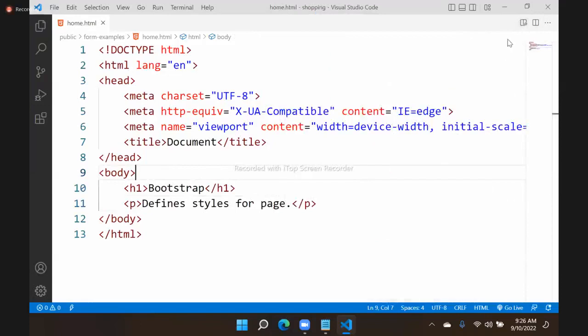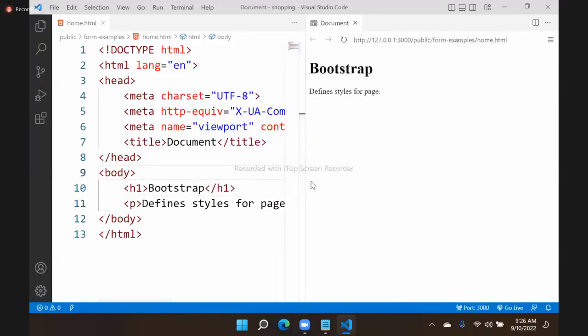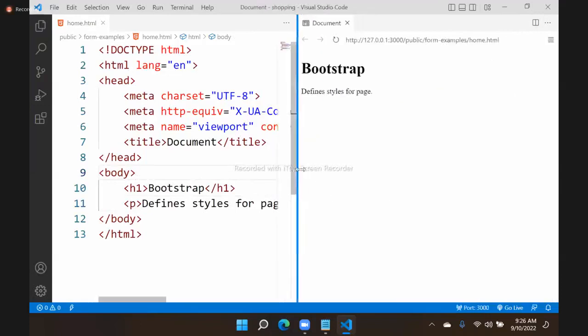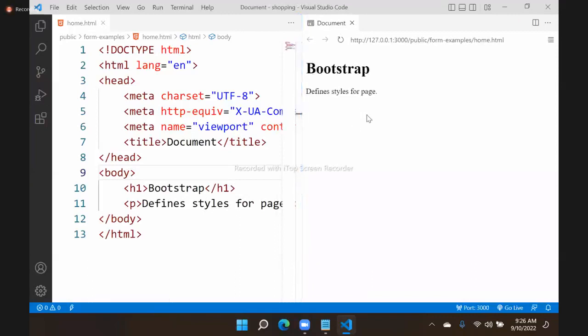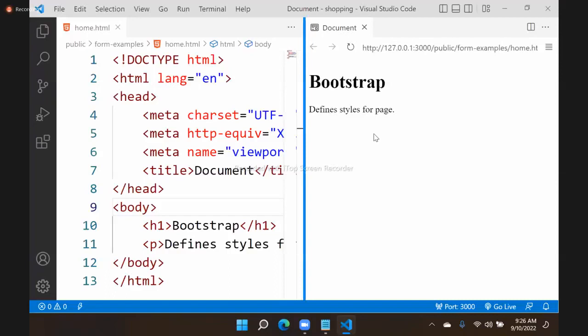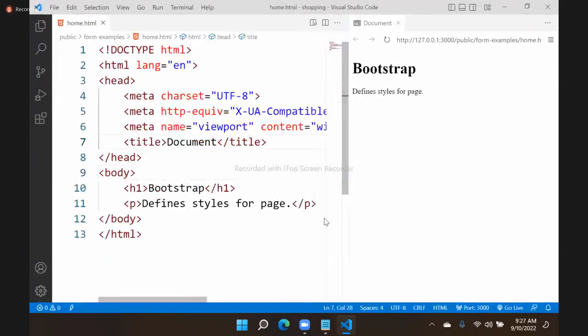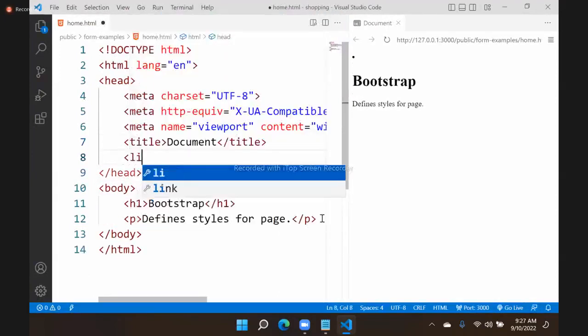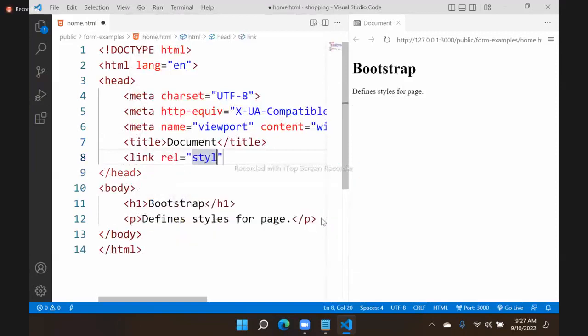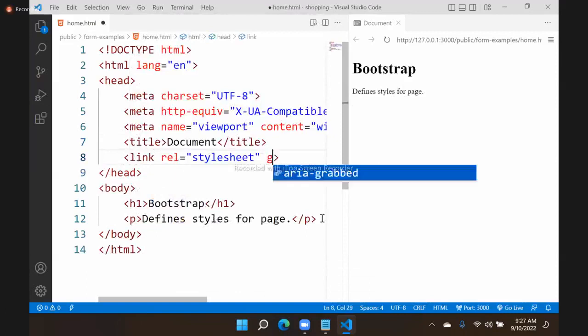That's the design I am having. Bootstrap defines styles for the page. That is the option I am having. Now what happens here is, let's link those style sheets here. I'm linking the style sheet here. You see, link rel equal to stylesheet, and href is equal to